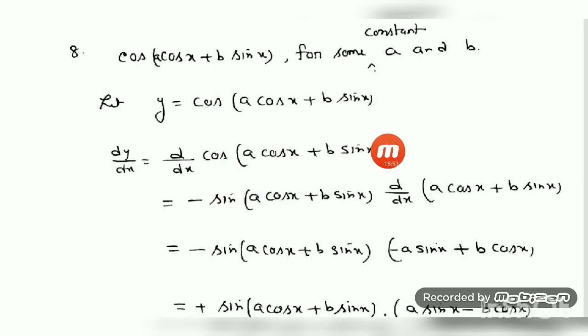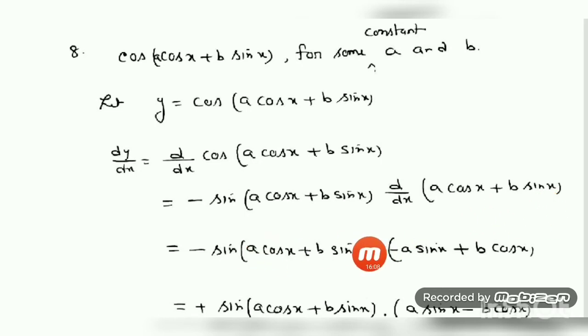You have to think it as x. The cos x formula can be applied, with the chain rule. So the cos x formula gives minus sin of this expression. What have you considered as x? Yes, this expression. So write it down as d/dx of (a cos x plus b sin x).